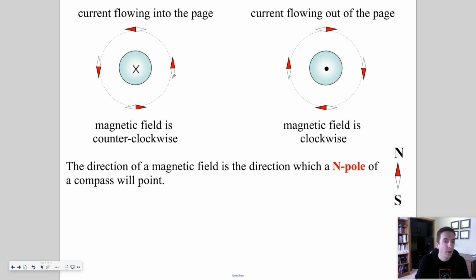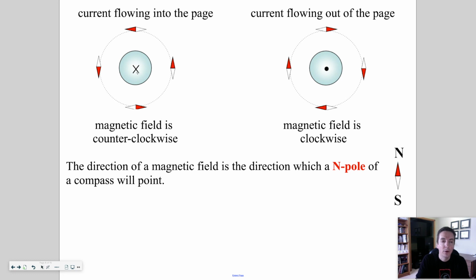So same rules. We're going to learn a couple different symbols here. So normally in physics we use arrows to go to the top of the page, bottom of the page, left, right, whatever. But now we're going to learn about the X and the dot. If you see an X in the middle of this cross section of the wire, then that means the current is flowing into the page. So X means into the page, and a dot means out of the page. So what you do is when you see a diagram like this, it is saying that you've got a cross section of the